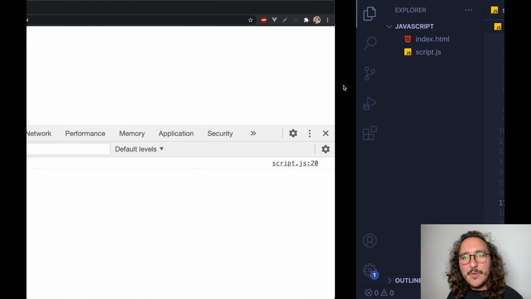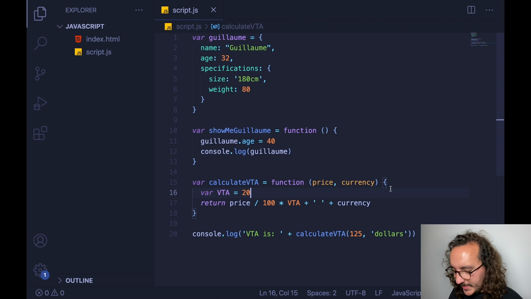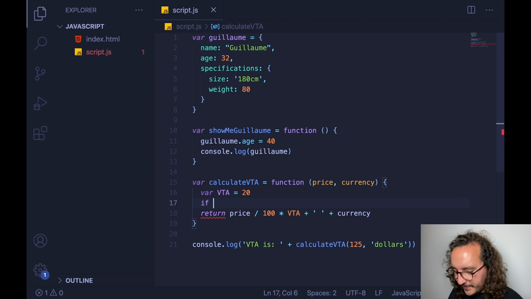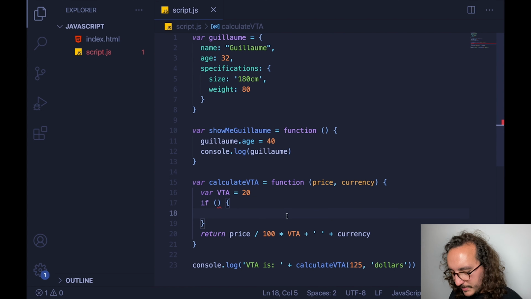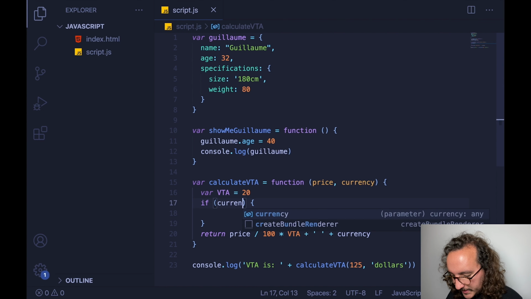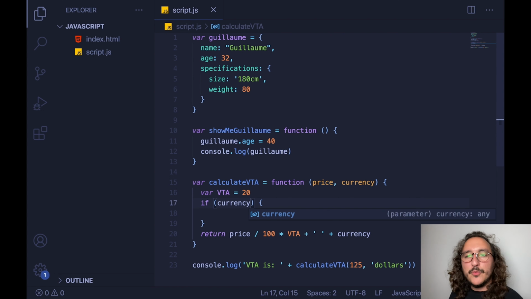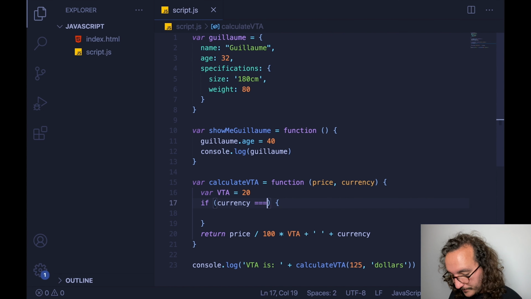So let's say that now I want a condition. To create conditions in JavaScript, you got to type if. And if parenthesis, it's like a function between the curly brackets in here. You are going to write all the action that you want to do only if there is a certain condition. And how do we write a condition? It's really easy to understand. We are going to say if currency, and remember the comparisons that we had before. If currency is dollars,